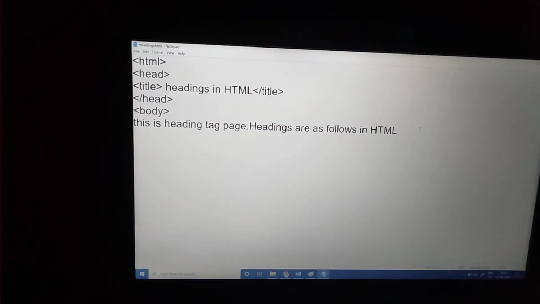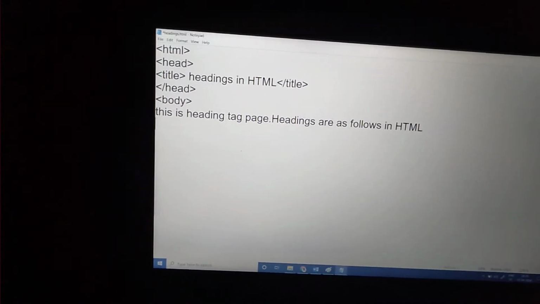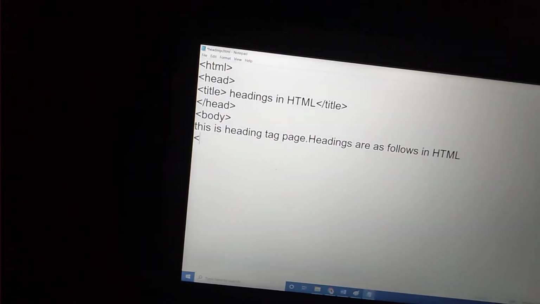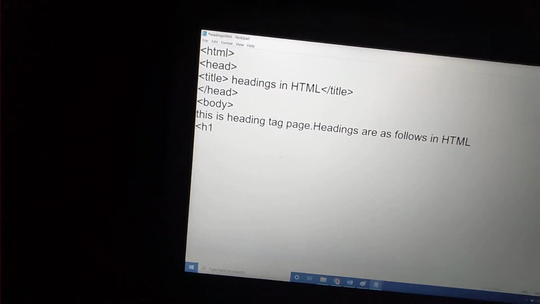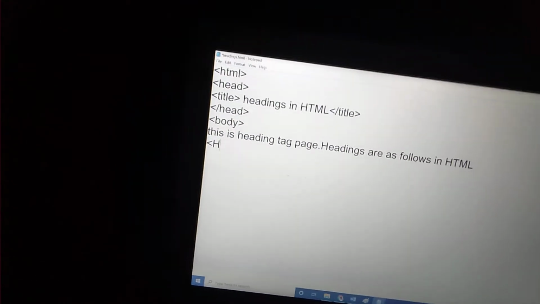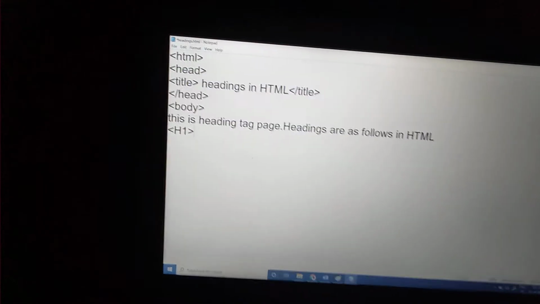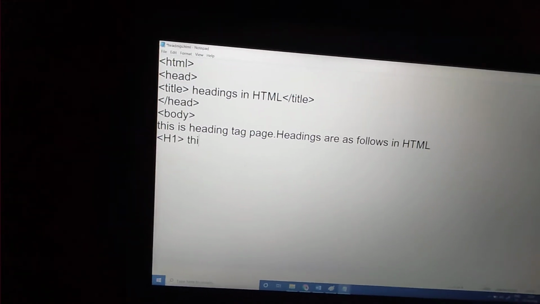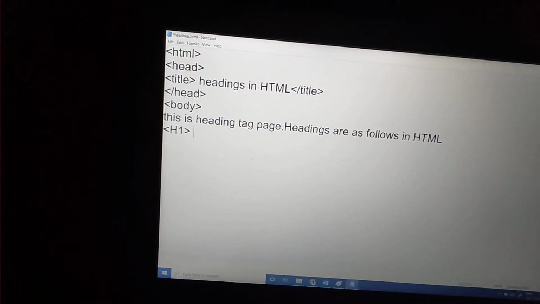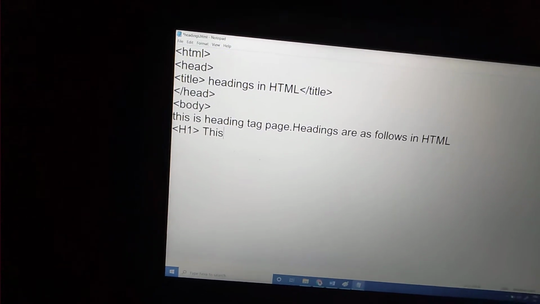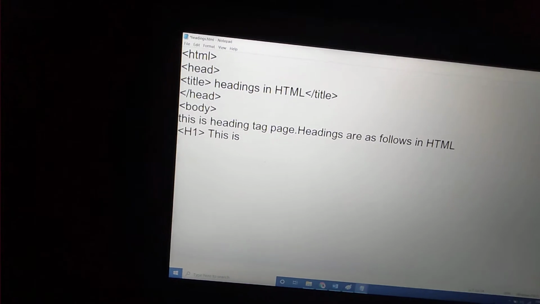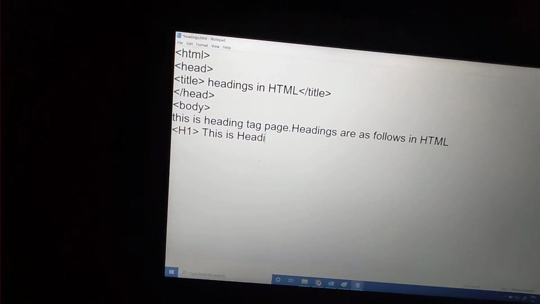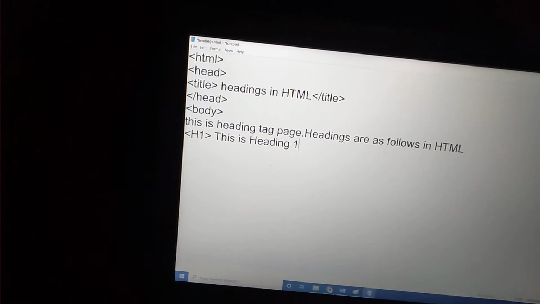Now I am using the heading tag, so I just use the h1 heading. You can write it in capital or small, HTML is not case sensitive. So I am writing over here, this is heading 1.